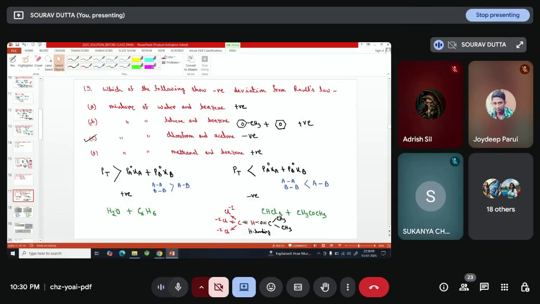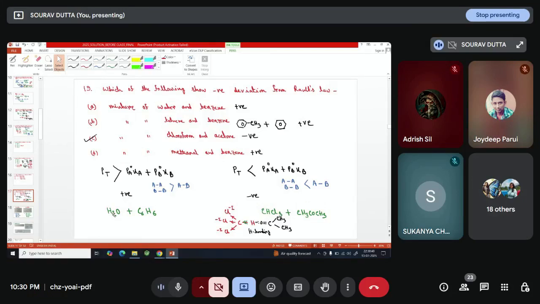সো ভাবো তো কি ছিল, in case of water, if pure water is present, there are hydrogen bonding between the water molecules. And benzene is a non-polar solvent, so there is basically van der Waals force of attraction. But in case of water, there are hydrogen bonding between the water molecules. এবারে আমি ওয়াটার আর বেনজিনটাকে মিক্স করে দিলাম. If we mix water and benzene, then benzene molecule occupied some position,